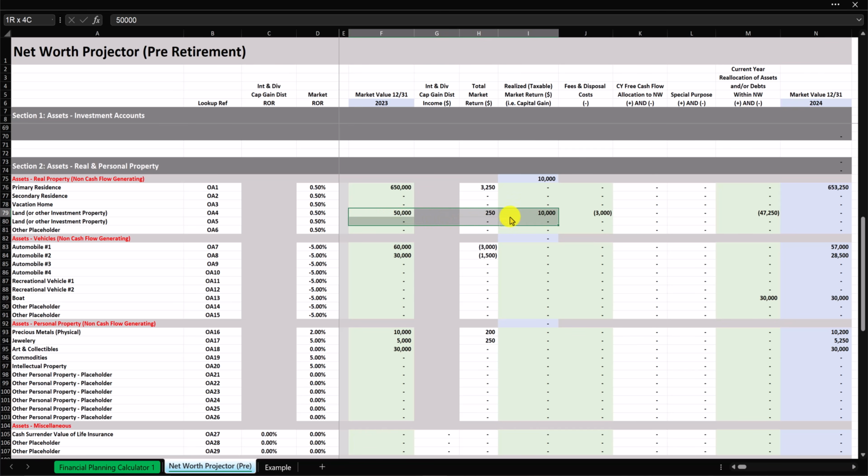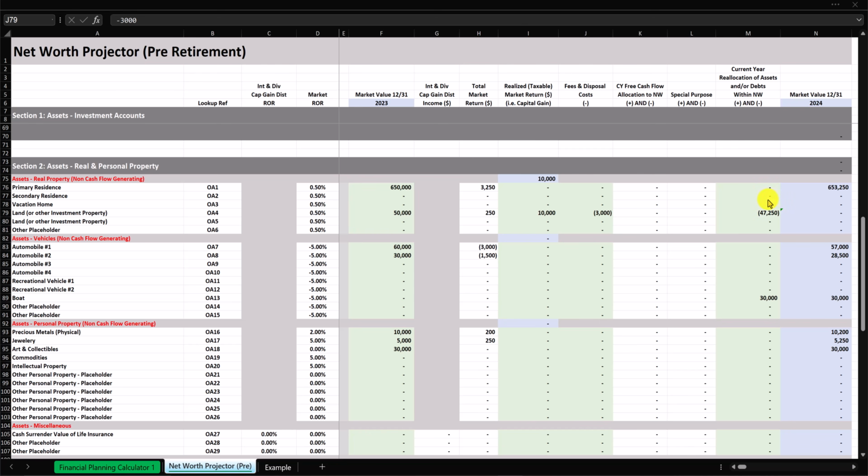That's what these four columns right here are stating. Here's another example of fees and disposal costs. Let's say that there was $3,000 in closing costs or real estate broker commissions or whatever associated with this transaction. And so what is the cash in hand result of this transaction? Well, it's $50,250 of fair market value or sales price, less $3,000 that was paid in commissions and other fees, which equals